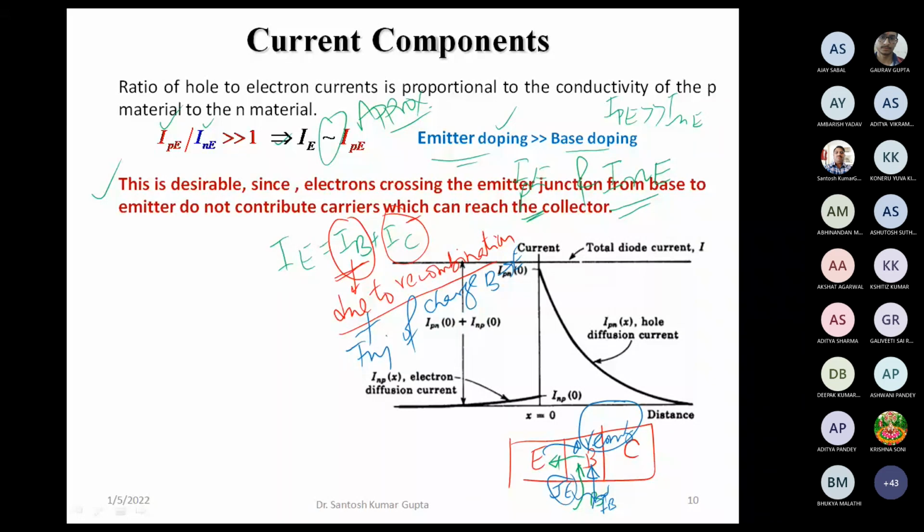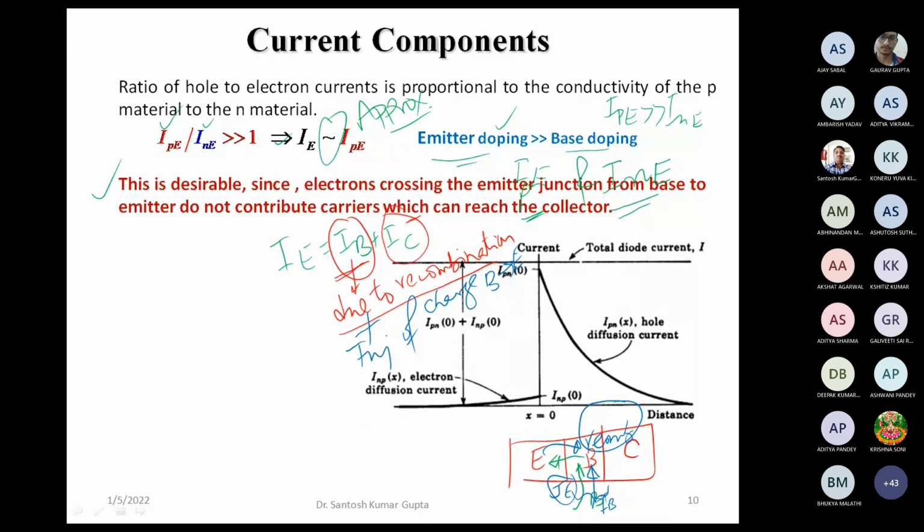One can say that we may remove this base from the picture. In that case, what will happen? We will have only P regions, so that is not going to work like a transistor. It will be just like a single junction. In the worst case, with different doping, one can change the type of doping in both regions, and that will be similar to a diode. So nothing is working here.